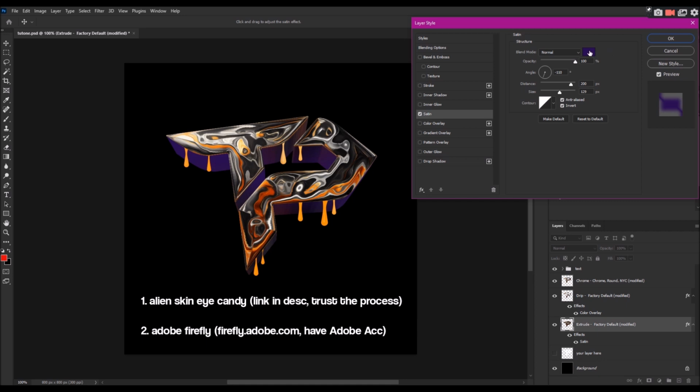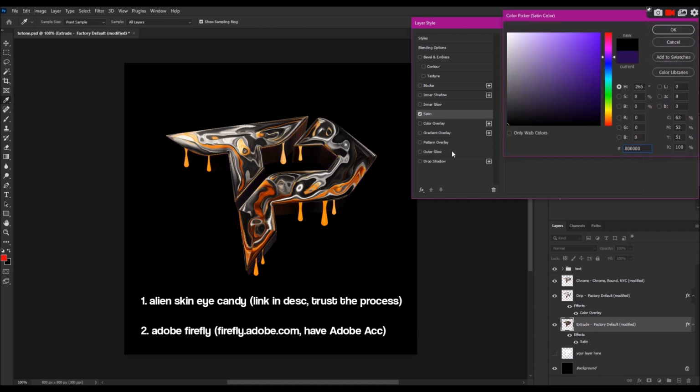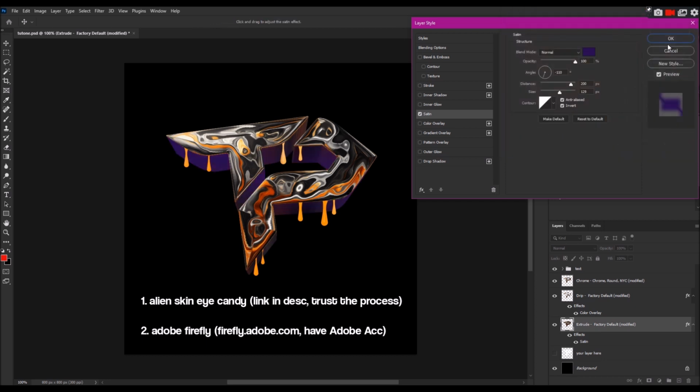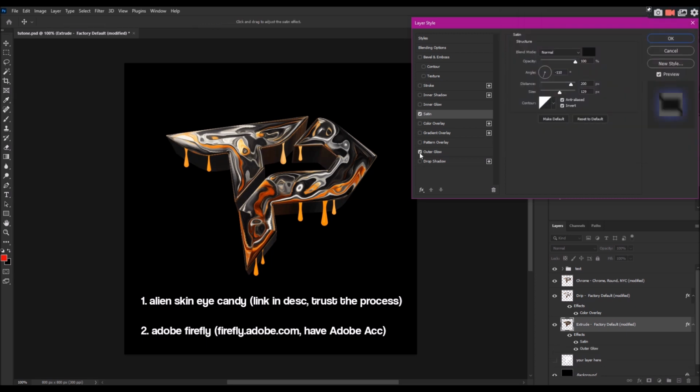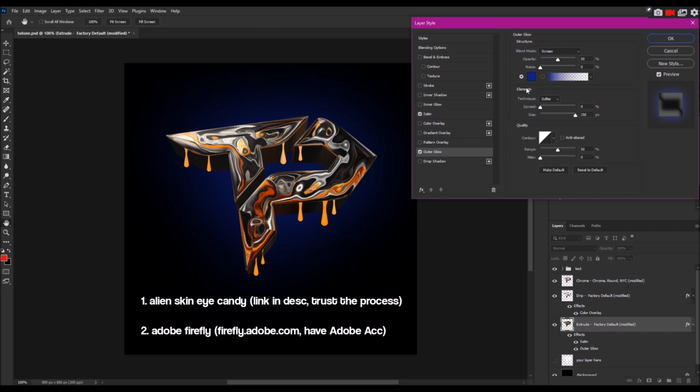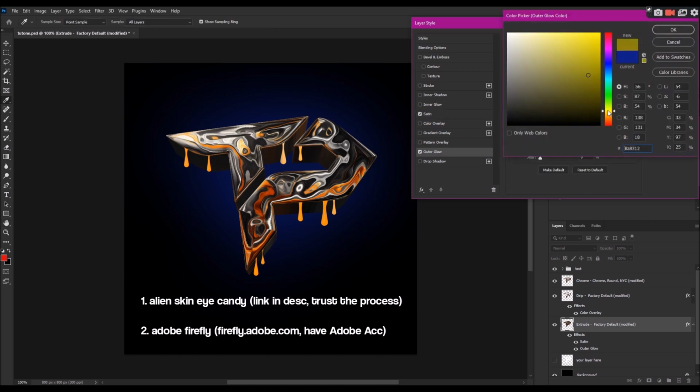but I think I'm just gonna stick with the black, kind of keeping it dark. So let's just. I mean, the purple is interesting. Like I said, you can experiment with these. I'm just giving you ideas on what you could do. So this kind of dark color is pretty, like that's okay. And then we could even do an outer glow, just to kind of add some character to it. I mean, if we want, we don't have to. Just add a little bit of